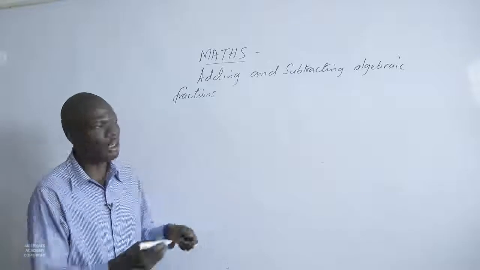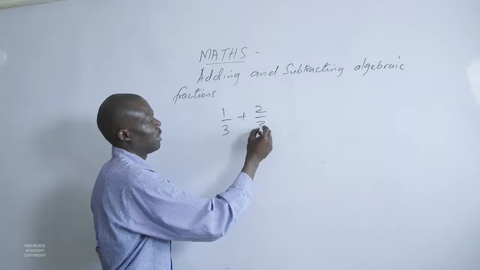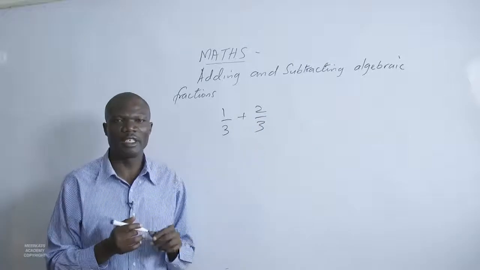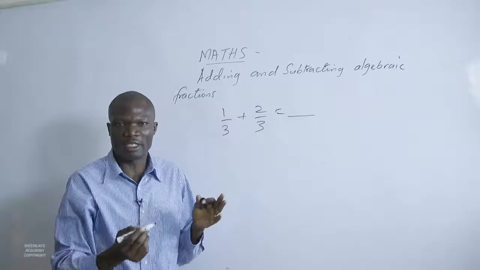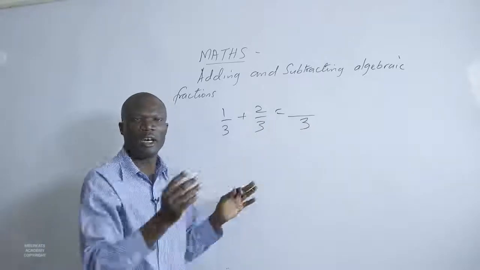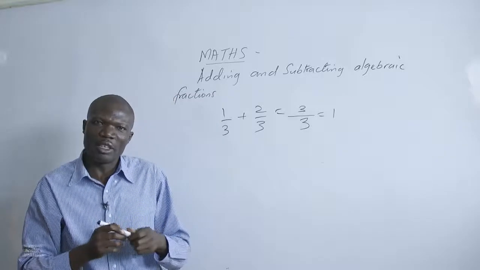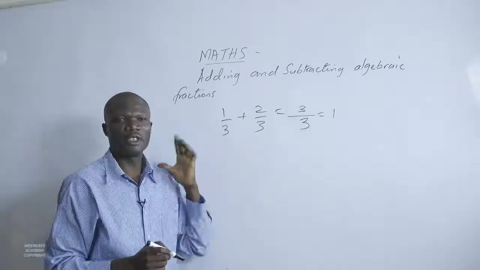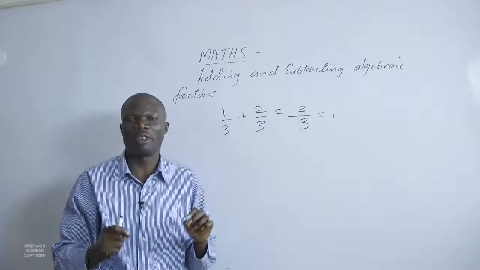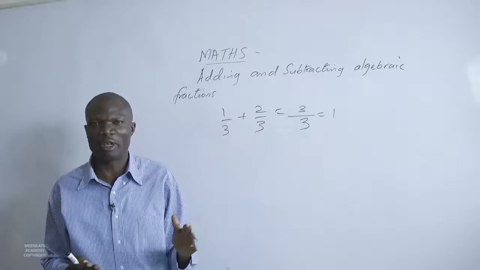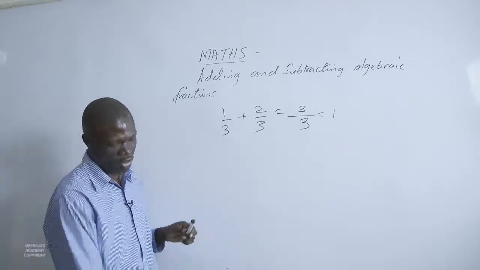We all know, given a number like 1 over 3 plus 2 over 3, the denominator is 3, so when you're adding such fractions, because the denominator is the same, it remains 3, and then we add the numerators, which gives us 3 over 3, which is just 1. So just like the way we operate on ordinary fractions, with algebraic fractions also, when they have the same denominator, we shall always add the numerators because the denominator is the same. For example,